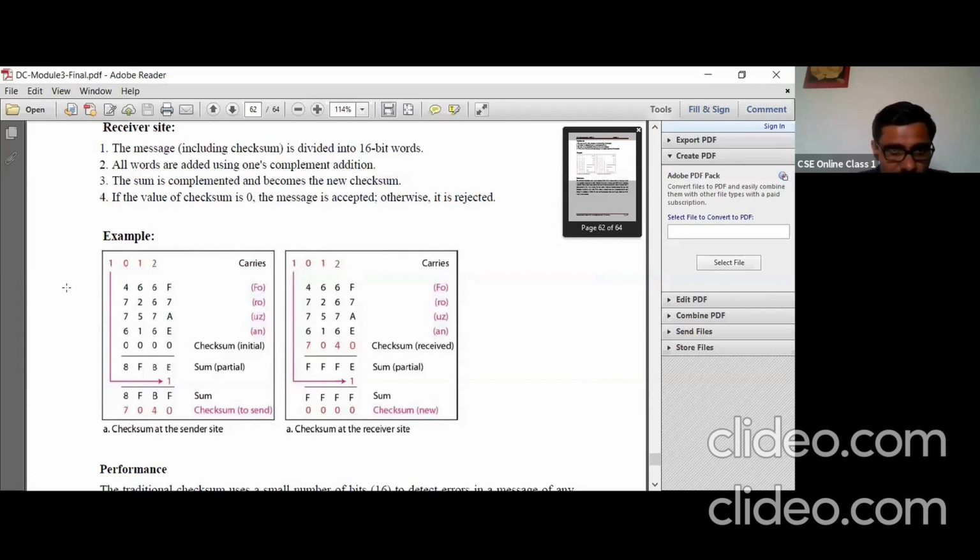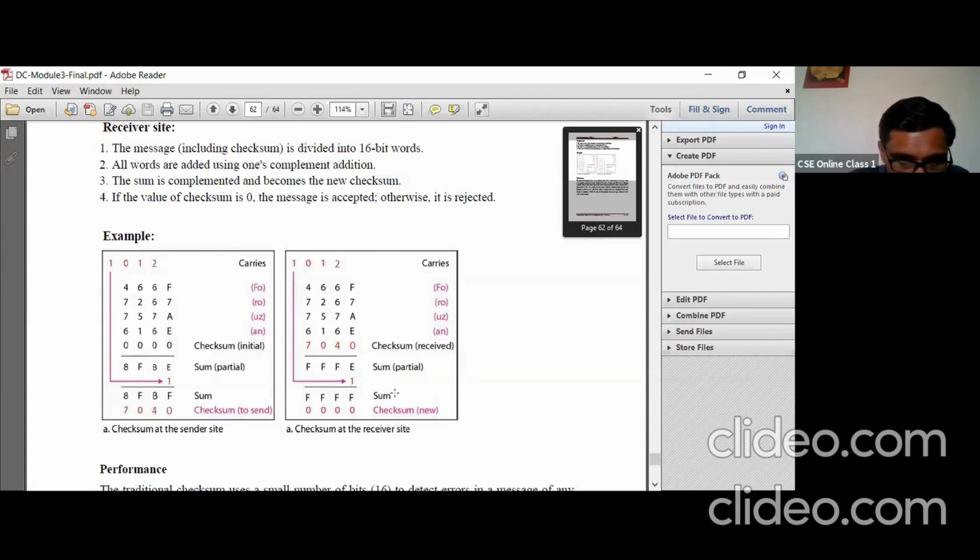Here you see this data part again along with 7040, that is the checksum received. This is checksum sent, checksum received. Assuming that there is no error here. Okay, so now perform the same thing here. Perform the addition here. After performing the addition, you get FFFE. Final carry is 1. You take that 1 to here, and finally you get F.